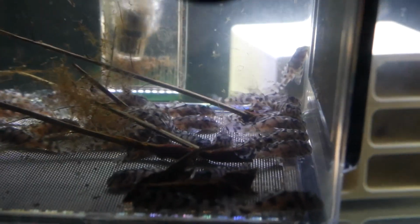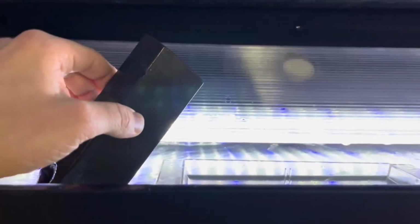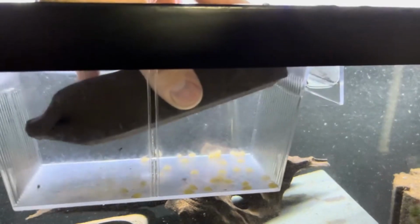At the time of pulling the cave back in early December, I counted 36 little wigglers. That blows out of the water any other spawn I've ever had from my Hype and Sistress, my L333s, my L173s, any of them. So when I pulled the cave and poured out the wigglers into one of those little floating guppy breeder boxes that I always use to hold fry, I counted 36 little fry, and I kept that little floating breeder box inside the tank where they were born with the parents for the first 2 months or so